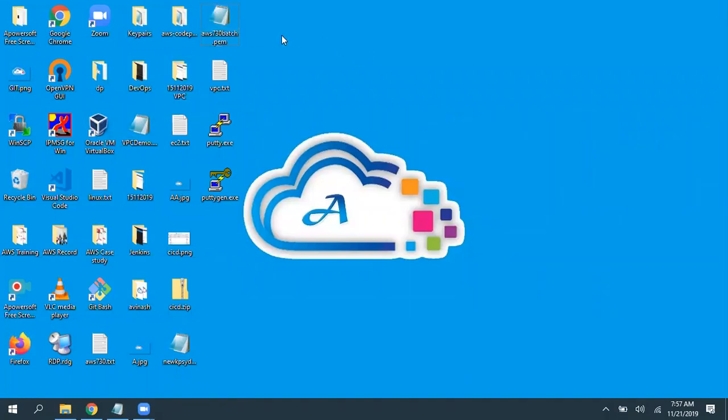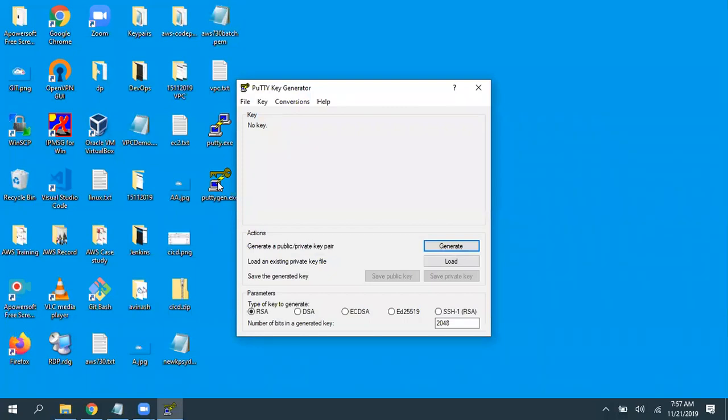So now we need to convert this PEM to a ppk file. For that, we are going to use puttygen.exe. So open this puttygen.exe. Now here is a generate option, that is to generate your own public key and private key. I'll show you after some time. But I already have a PEM file and I want to convert that format. So I'm going to load that existing key. This generate is to generate a new one, but I'm going to select load, click on load.